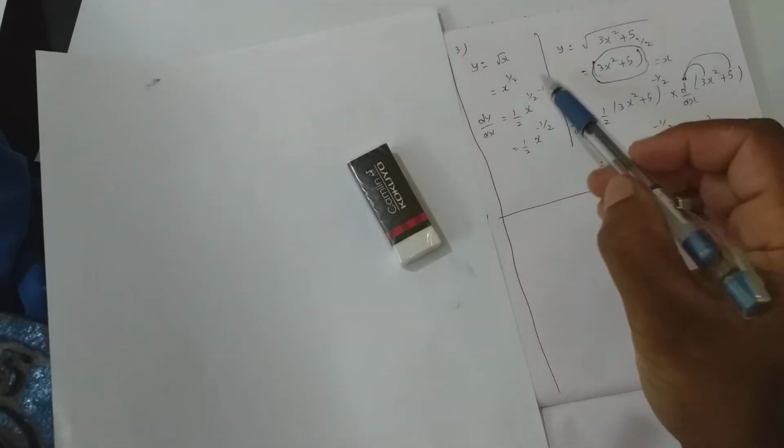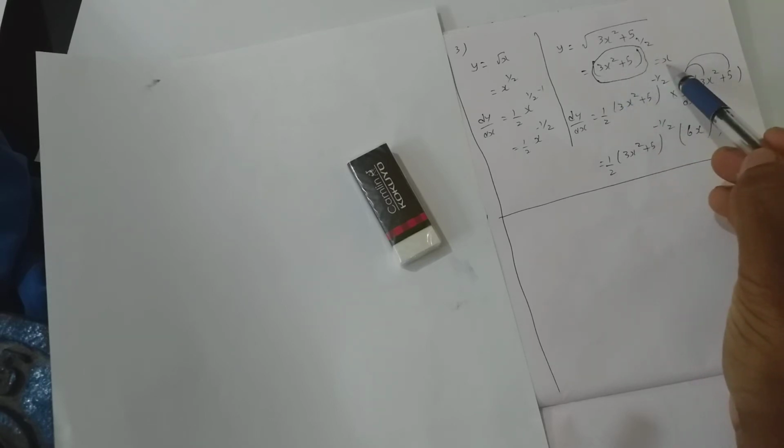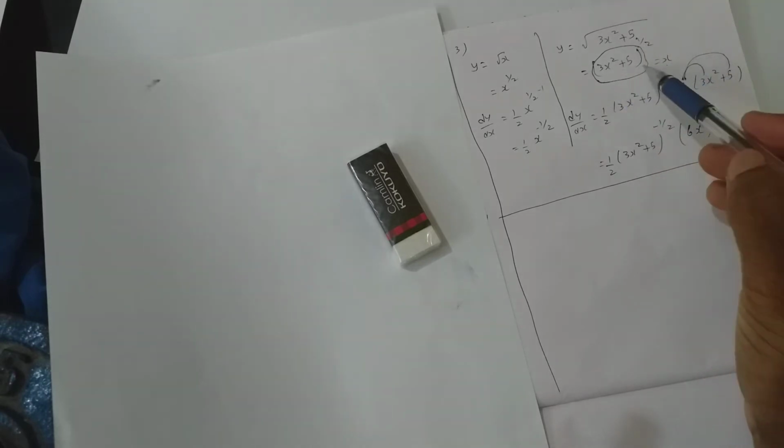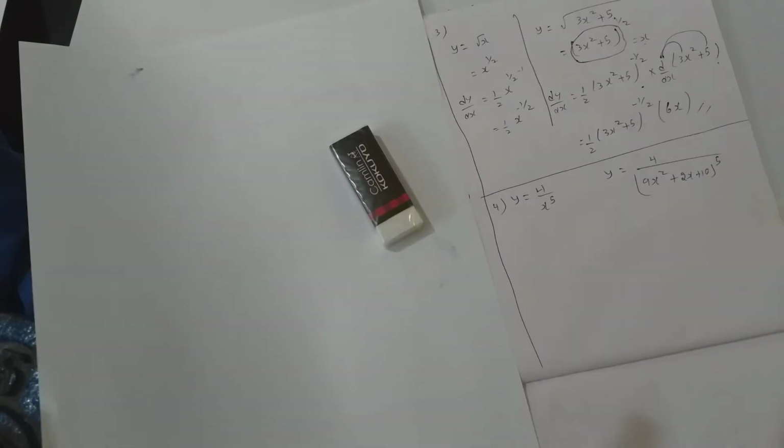Is the difference clear? Whenever the entire expression has got the power, you will take the entire thing to be x. And you will assume it to be x power half, and at last you need to do d by dx of, in place of x, whatever you have considered. Look at the next example now.